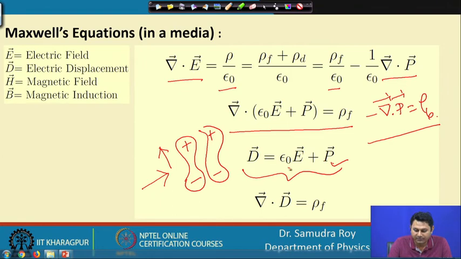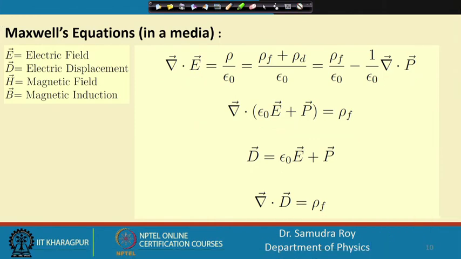So, when we have this term, then my expression grad dot E is now replaced by a new equation, grad dot D equal to rho f. So, inside the medium, instead of using grad dot E equal to rho by epsilon 0, it is better to use this equation. So, this is the first equation that is modified in this particular case, that means Maxwell's equation. In this form we can see that grad dot D is now represented with rho f.